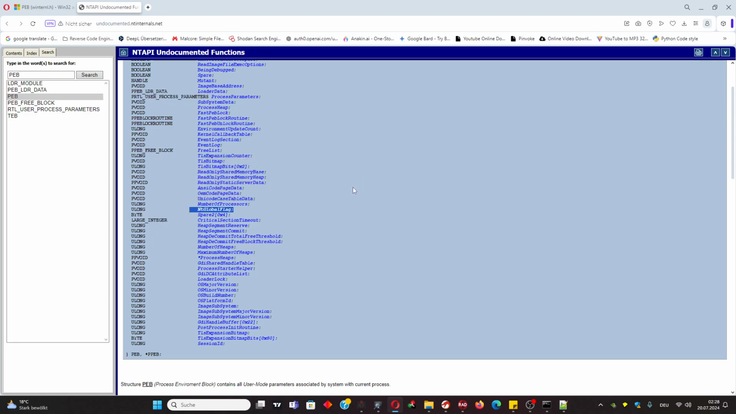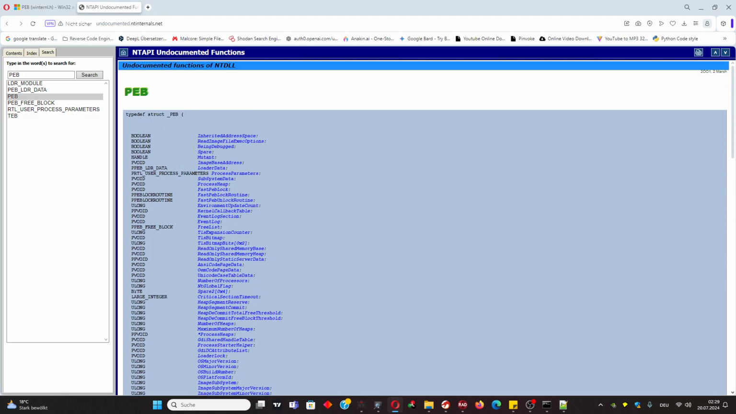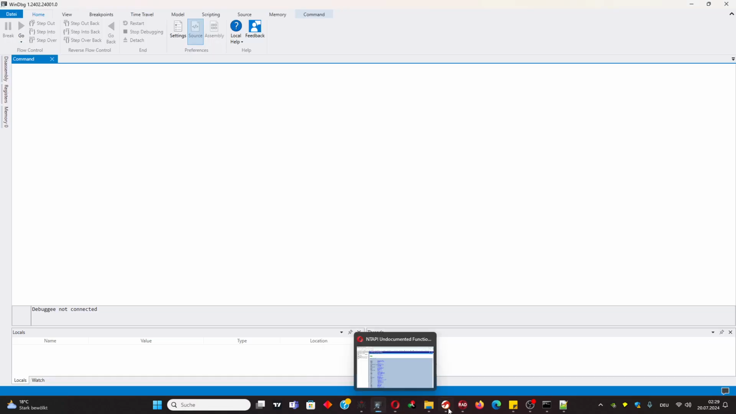The structure is mainly used by the operating system. For example, you can use it to get the number of processors, build number, OS platform ID, and so on. But in this case, we're just going to focus on BeingDebugged and NtGlobalFlag. Of course, now we still will need the offsets, and in order to get them, we can just